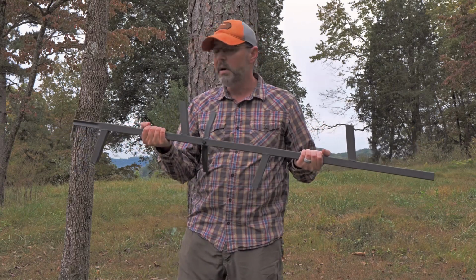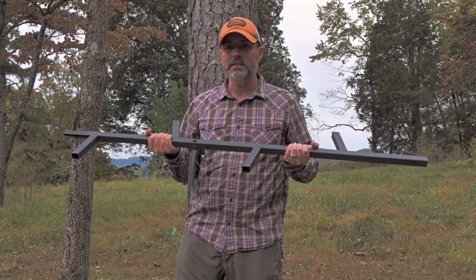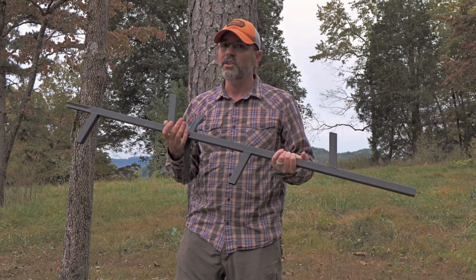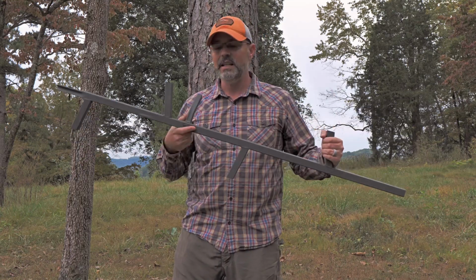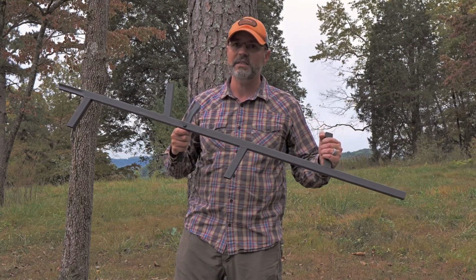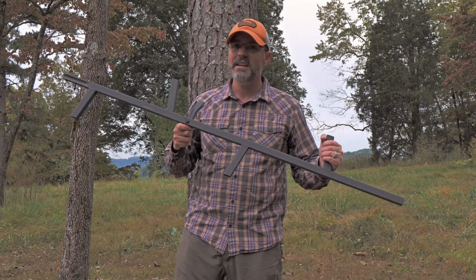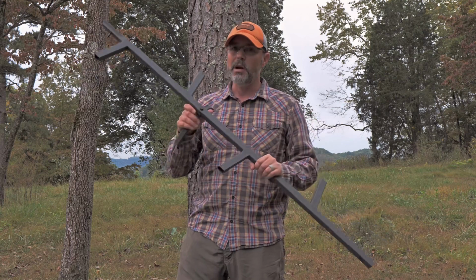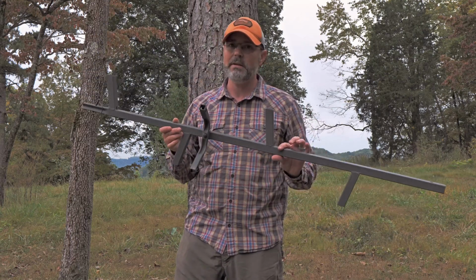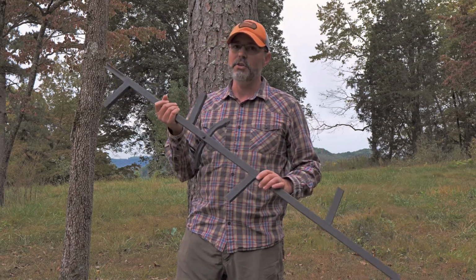but they weigh a combined 18 pounds. So the 5 pieces plus the straps come in at 18 pounds. That's not very lightweight. The good thing is, this is the kind of stick that I would recommend probably to somebody that doesn't want to put a lot of money into their stick setup, and if they're planning on putting sticks up and hanging stands at the beginning of season and leaving them up all year. This is probably the cheapest option out there. There's lots of manufacturers that make sticks like this, but this style is probably going to be your cheapest option